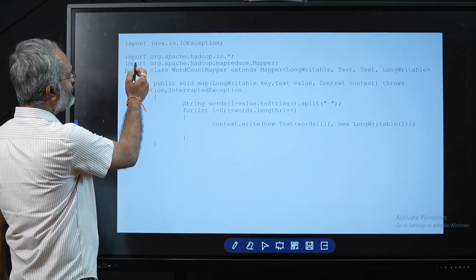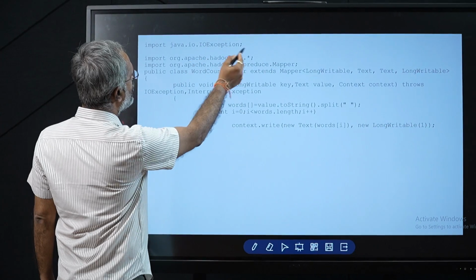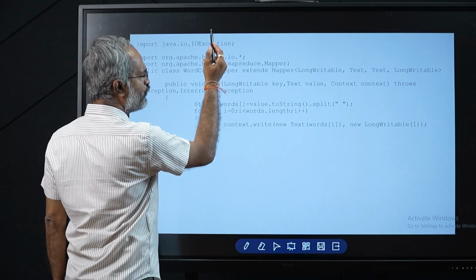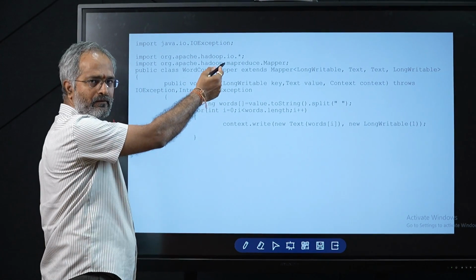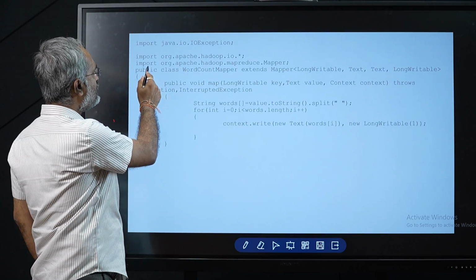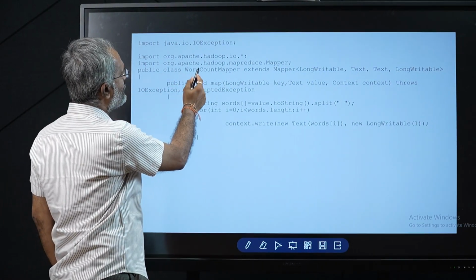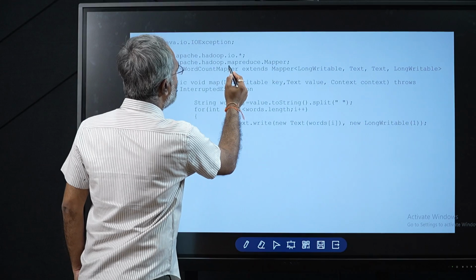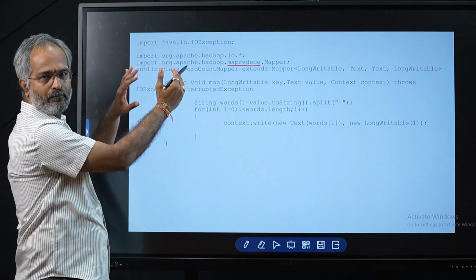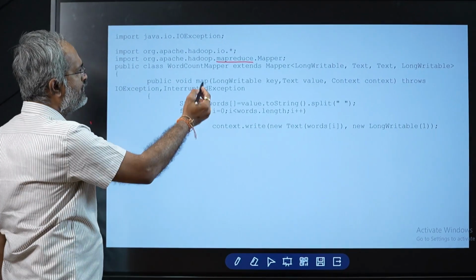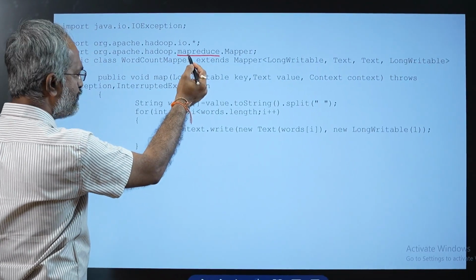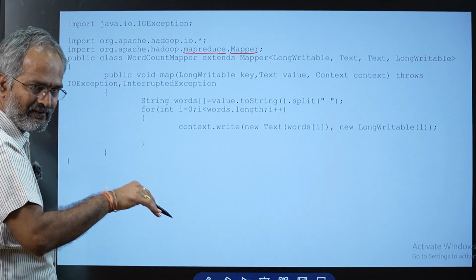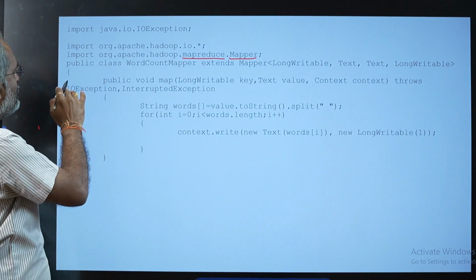Now as we discussed here, import java.io.IOException, this is common, and import org.apache.hadoop.io.* for data types. All the data types are available here, and import org.apache.hadoop.mapreduce.Mapper. If you observe, in the MapReduce package there is a Mapper class available, so we are importing that in this program. And now we are